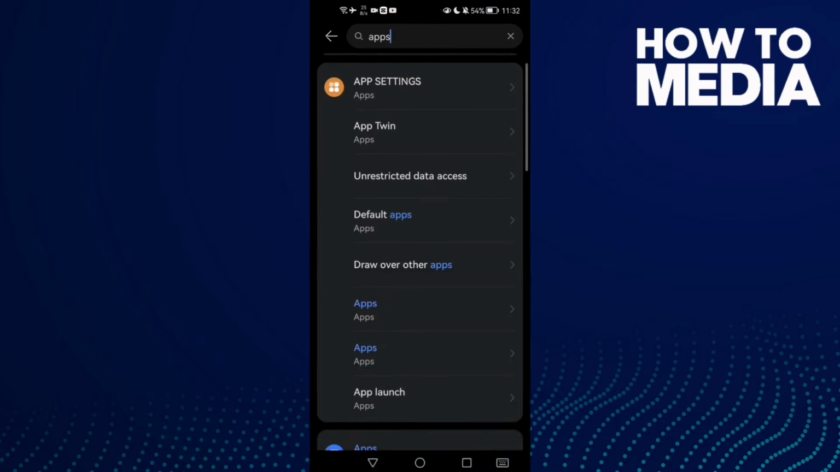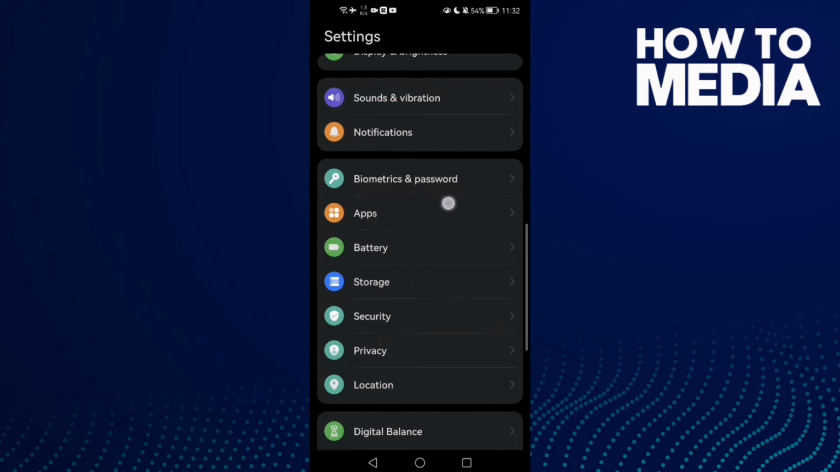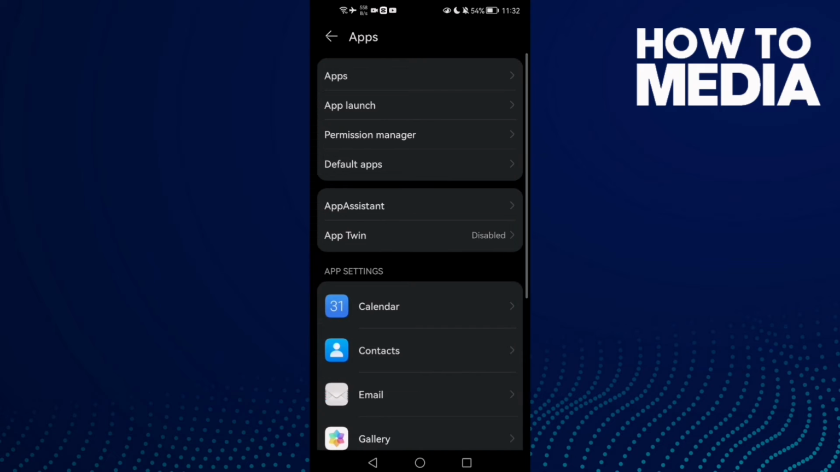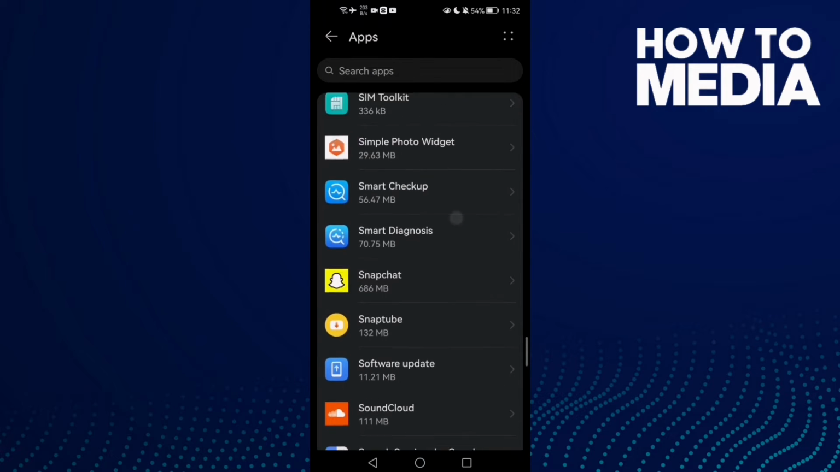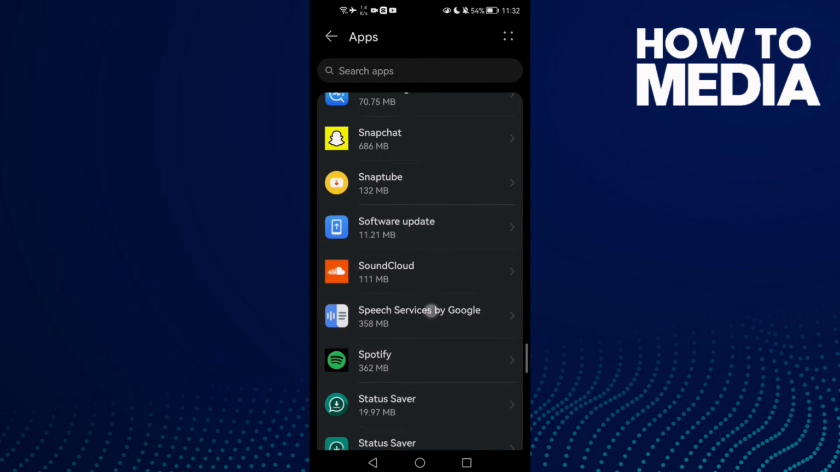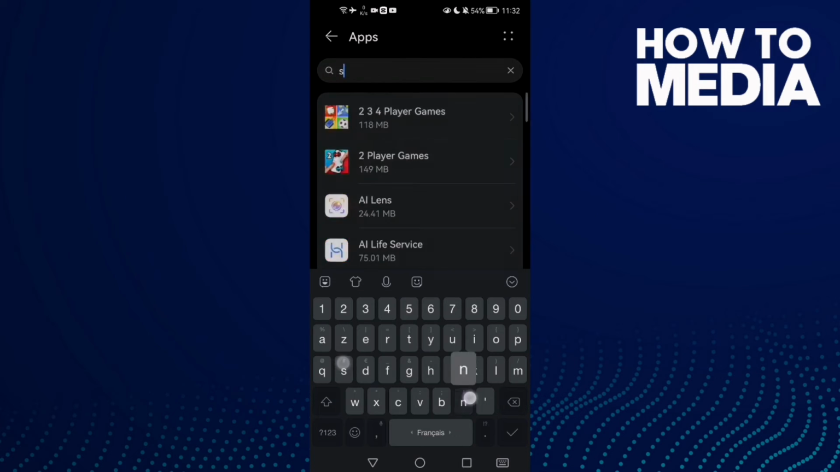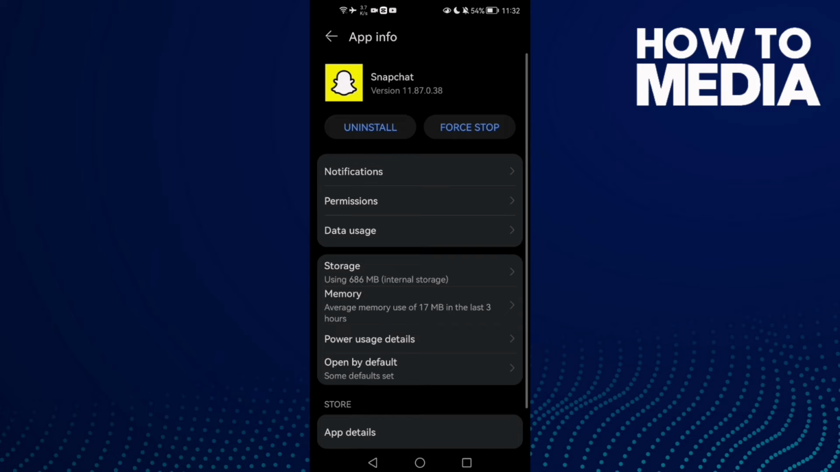First open settings and now scroll down until you find your apps or applications. Now just click on it and here you need to find apps. Click on it and once you find your installed apps, now you just need to search for Snapchat here. You can just scroll and you will find it, or you can type Snapchat here and then click on it,